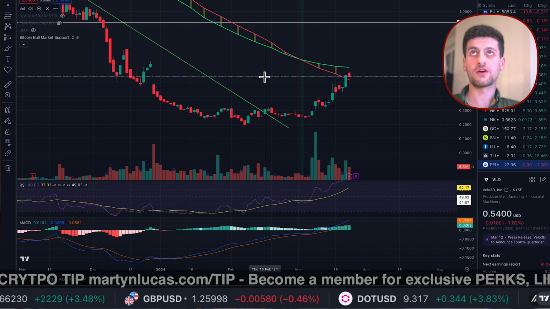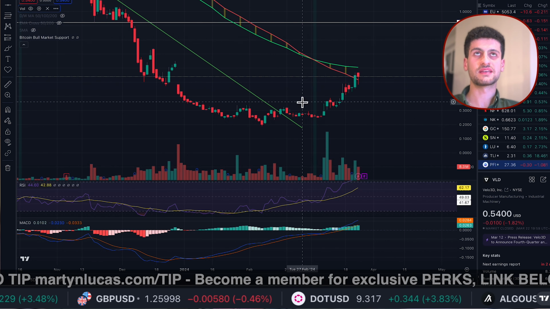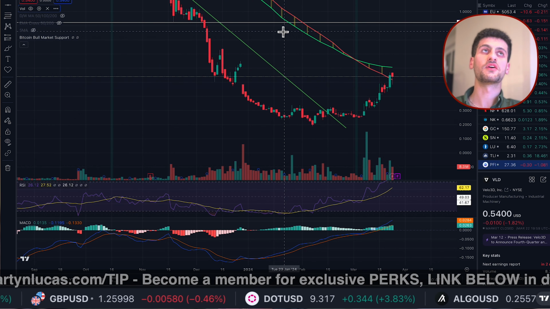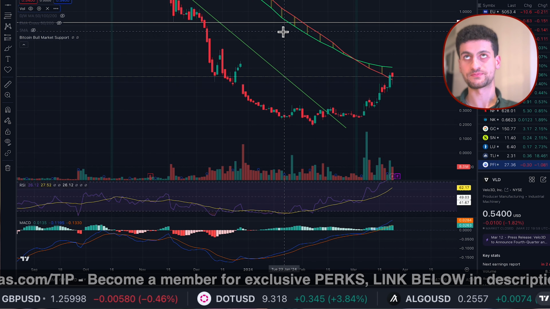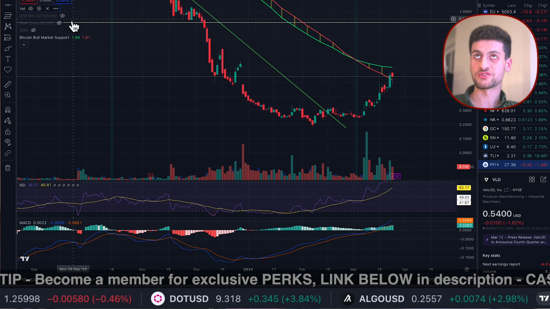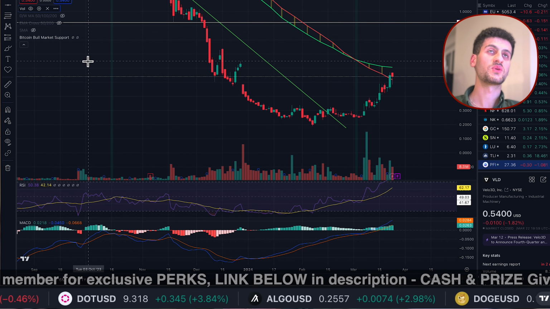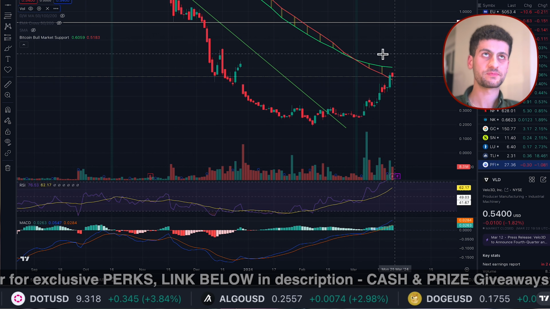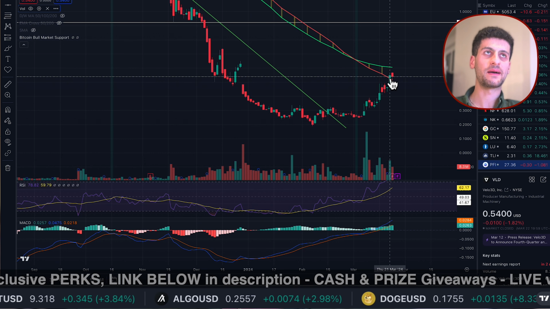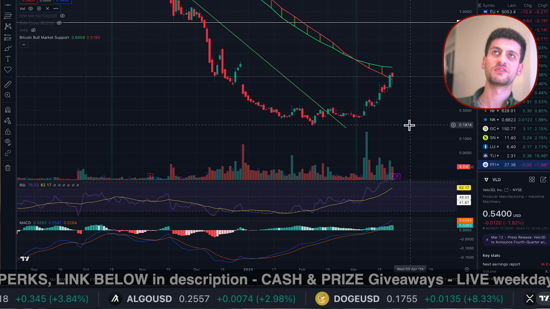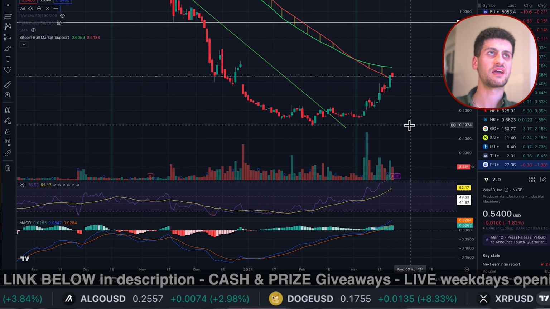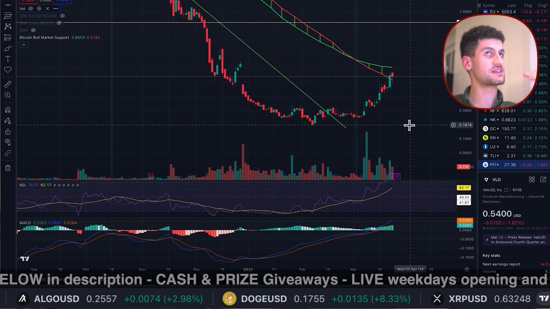But our target on Velo3D has been 92 cents. There has been one thing in the way of getting to 92 cents, which is these two moving averages. Now, I only use two moving averages in my long-term trades, and it's the 20 and 21 week moving average. And we're just at that point now. So that moving average is between 51 and 61 cents. We are at 54 cents. If we break 60 cents,